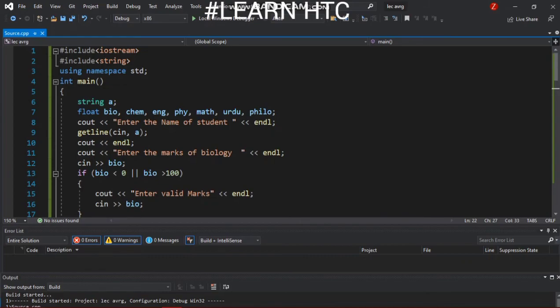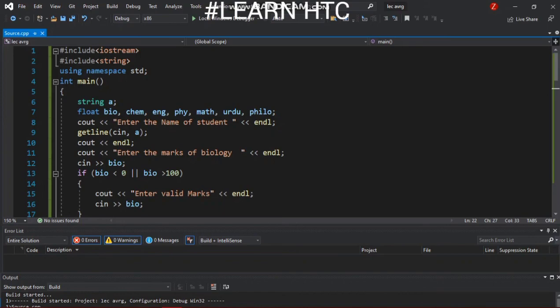What you have to show on the console: your program should ask the user for whose data they want to check, whose credentials they want to check. The user enters the name of that particular student, and then your program should show the total marks of that student, his or her grade, and his or her status, whether passed or not.